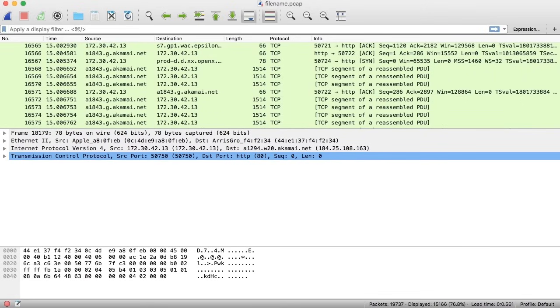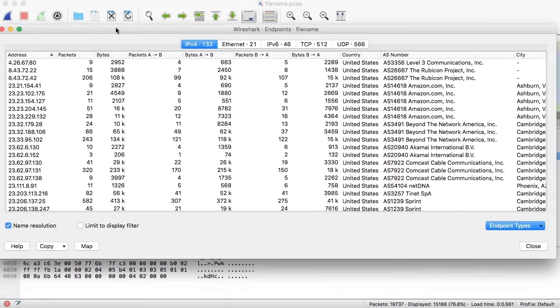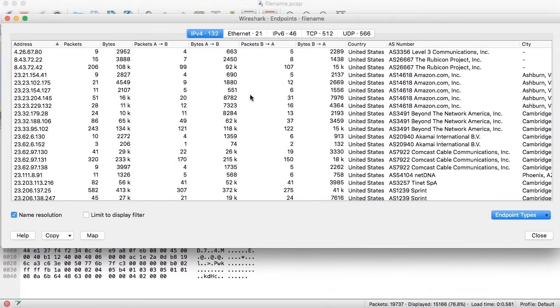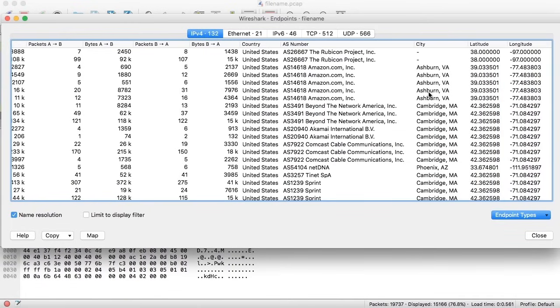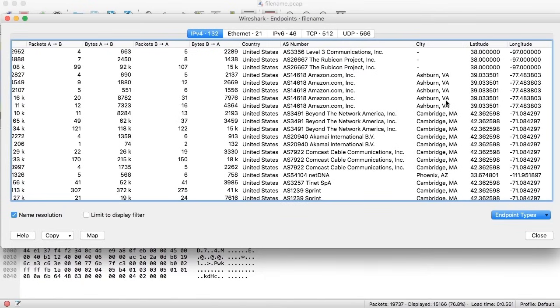So the other thing that I can do, not only are display filters, but if I go into my statistics here, and then I go into endpoints, now what I've got are all of the countries and then the AS number, and then I've got the city and the latitude and the longitude. So you can see that all of a sudden we've got a whole bunch of additional information here that we didn't have before. All we've got to do is go into endpoints with our packet captures, and we can get the